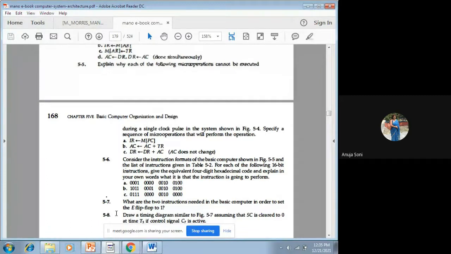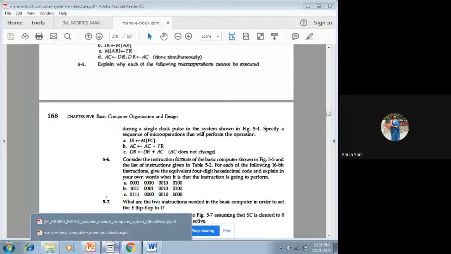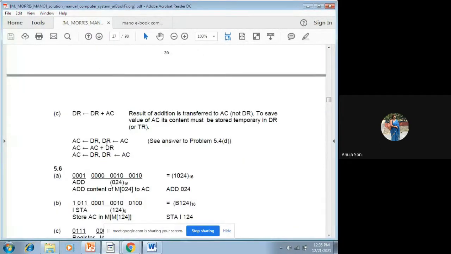सो हमने ये एडिशन वाली स्टेटमेंट लगाकर सॉल्यूशन में देखो, ये एडिशन हो गई हमारी, फिर से हमने ये स्वैपिंग की स्टेटमेंट को लगा दिया, क्योंकि हमारे AC की प्रीवियस वैल्यू DR में पड़ी थी और जो एडिशन पड़ा हुआ था वो AC में था। हमें एडिशन की वैल्यू AC से DR में डालनी है, और DR की प्रीवियस वैल्यू जो एक्चुअल AC की थी वो वापस AC में गई। So this way only these three statements need to be executed in order to get this statement executed. Any query you can ask.